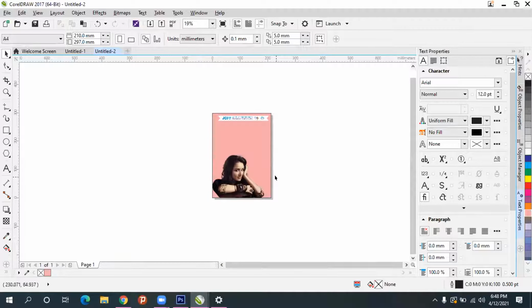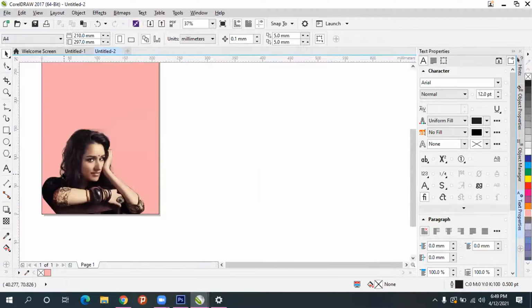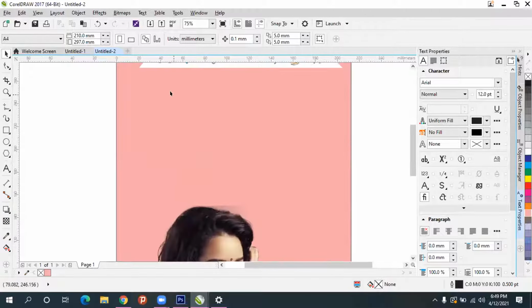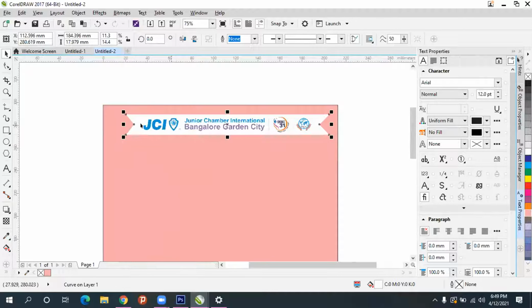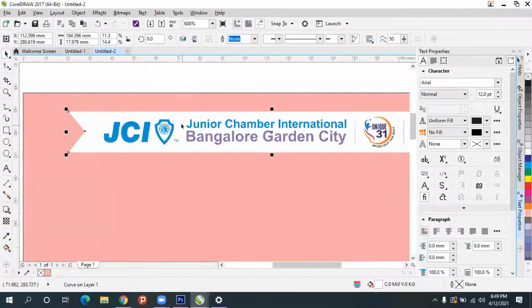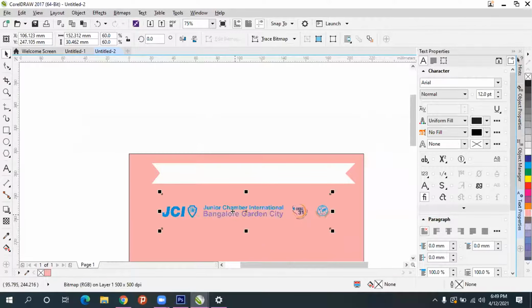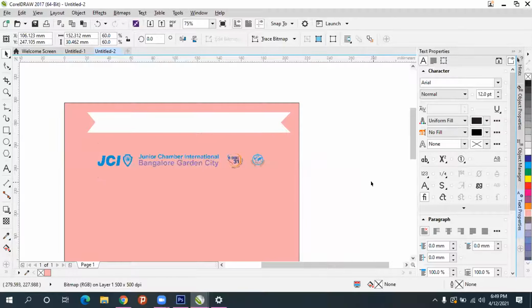Sir, yes, internet had got disconnected. The strip when you have placed, in that strip creation, okay, you have created that shape. But whenever we place that strip, we get one outside box of that strip also. Which strip? That JCI Bangalore City you have prepared now. This one? The PNG that you have dragged over here, will that have that outside box also? No, no, no. Sometimes last time when I did, I was getting one outside box. It won't be there. Okay. It won't be there.